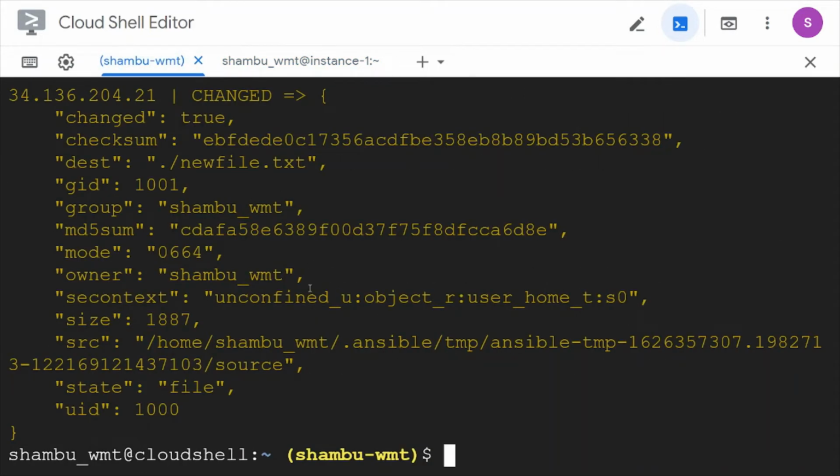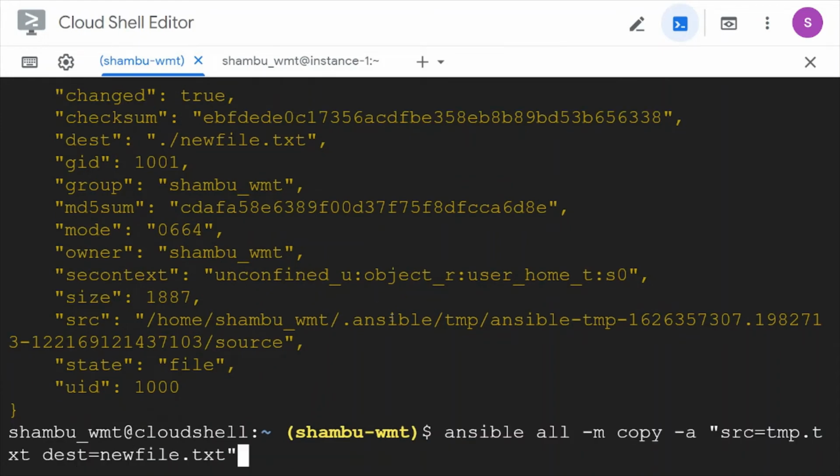So let's switch back to Ansible. By using this we are able to copy files, and also we can create directories with the file module.